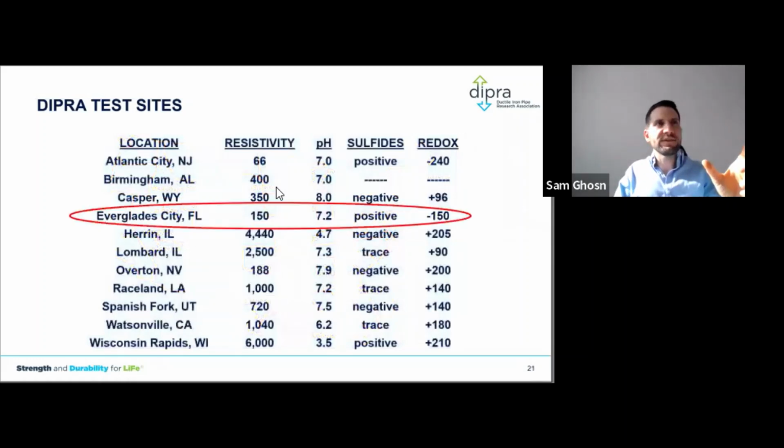So when you look at resistivity, you notice a difference in resistivity between those soils, and that's why we chose this environment to test iron pipes for 60 years, because every environment will be different for iron pipe. So Everglades is one of the most aggressive environments. We call it nasty soil in other language, but some soils are amazing when you have 6,000 ohm centimeter compared to 150 ohm centimeter resistivity in the Everglades.